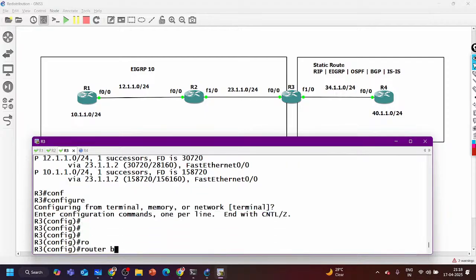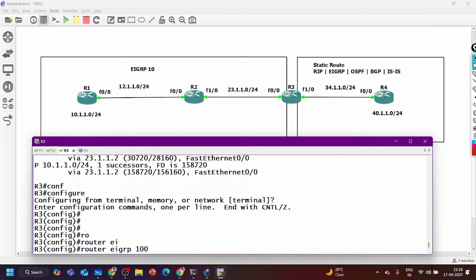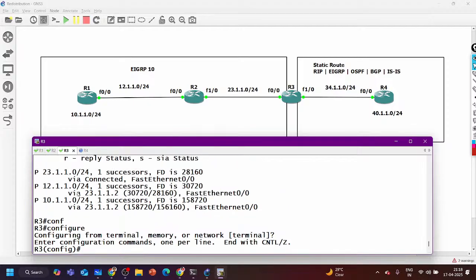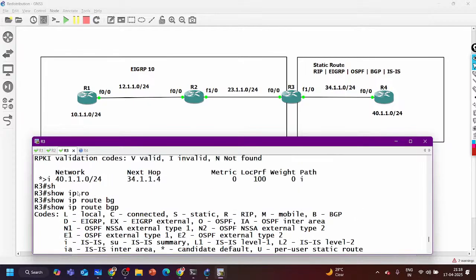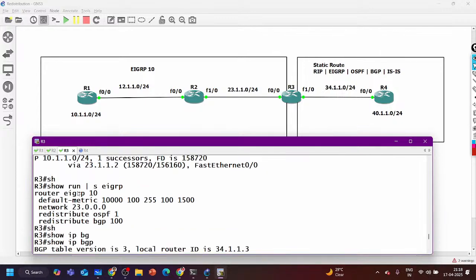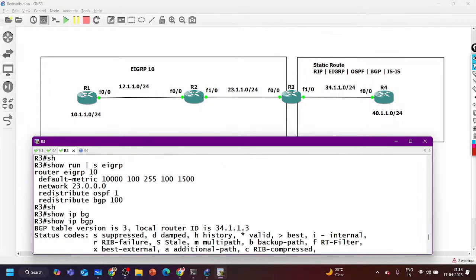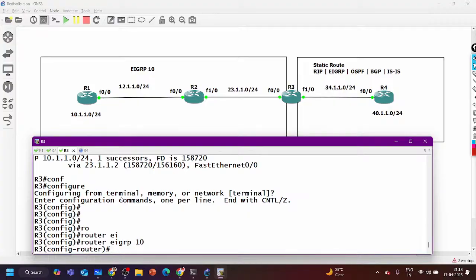Router EIGRP AS number 10. Do show run section BGP.